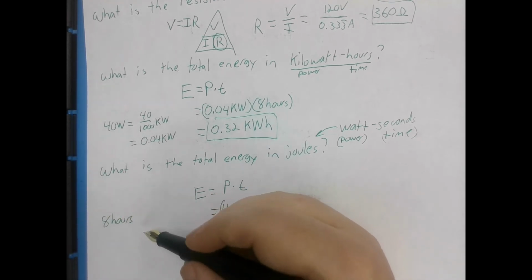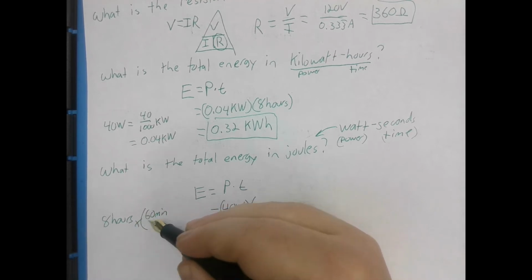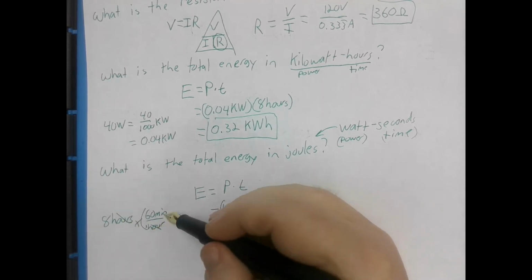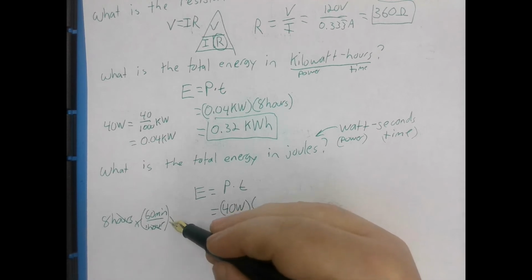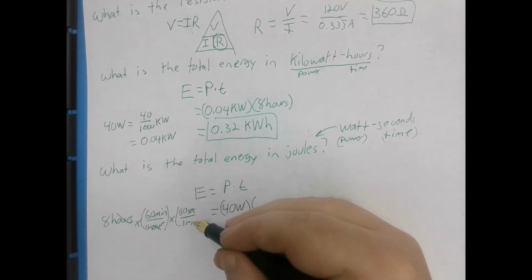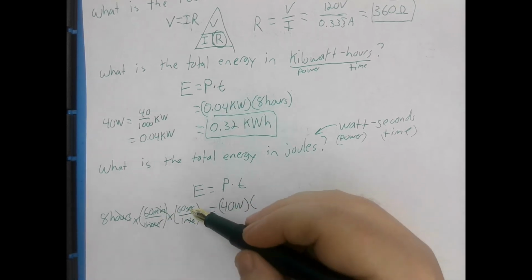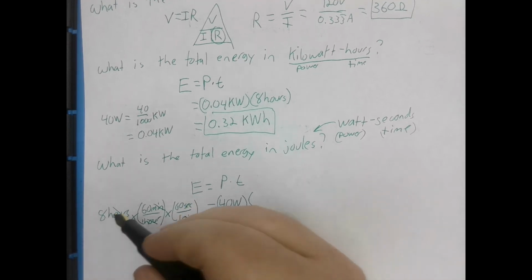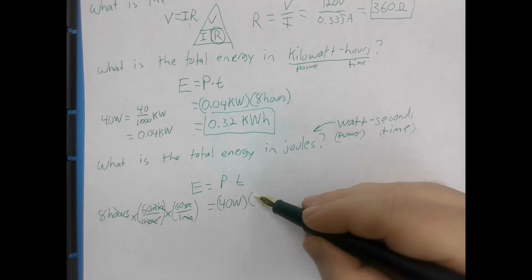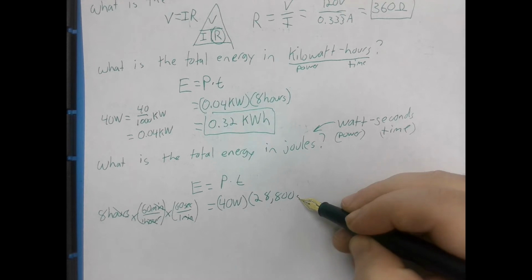To convert into seconds, we can multiply by 60 minutes per hour. That cancels out the hours and gives us minutes. And then multiply by 60 seconds in 1 minute. That cancels out minutes. So that gives us seconds left. So 8 times 60 times 60, which is 28,800 seconds,